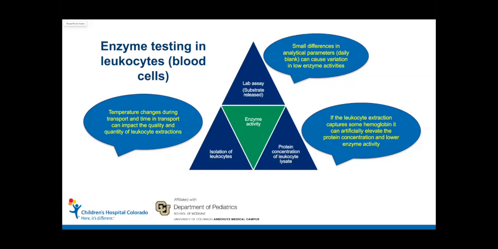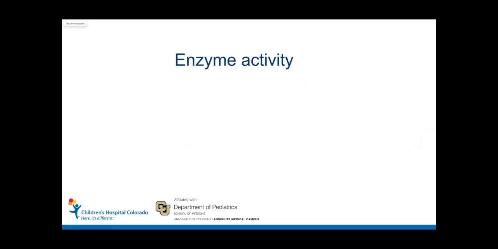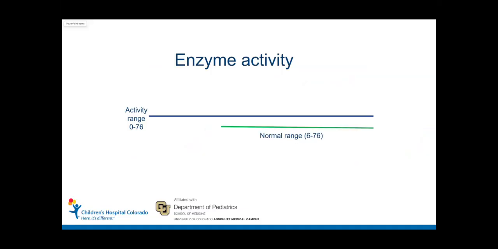So these are just some of the things to keep in mind when you're trying to do comparisons of enzyme activities. If we back up a little bit and we now have our enzyme activity, let's talk about the broader context of how this works on a population scale. Let's say we have an enzyme that has an activity somewhere between 0 and around 80, and we have this normal range that, if you were to pull a blood sample from anybody walking on the street, would typically be between 6 and 76.